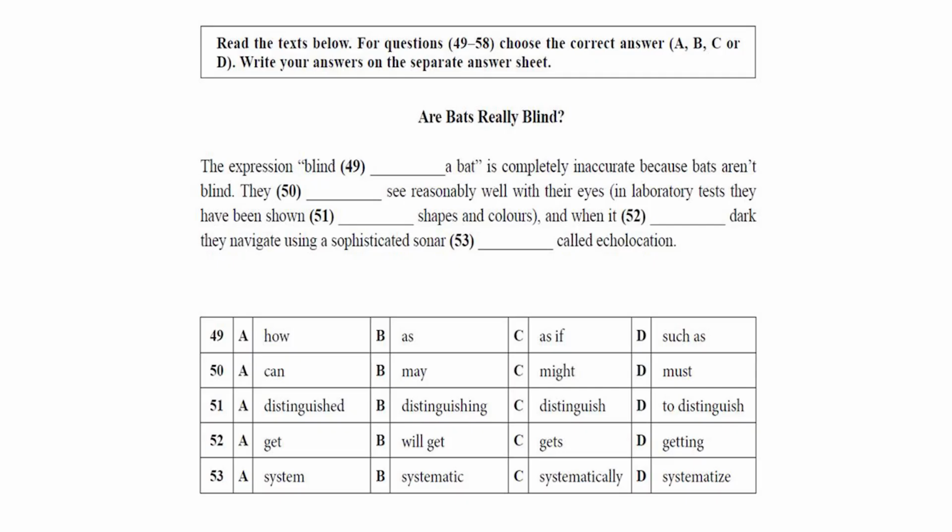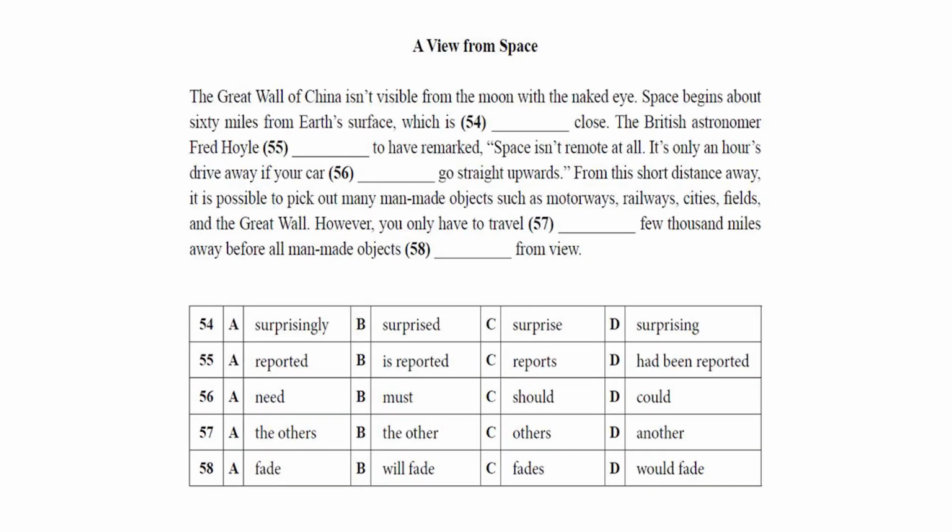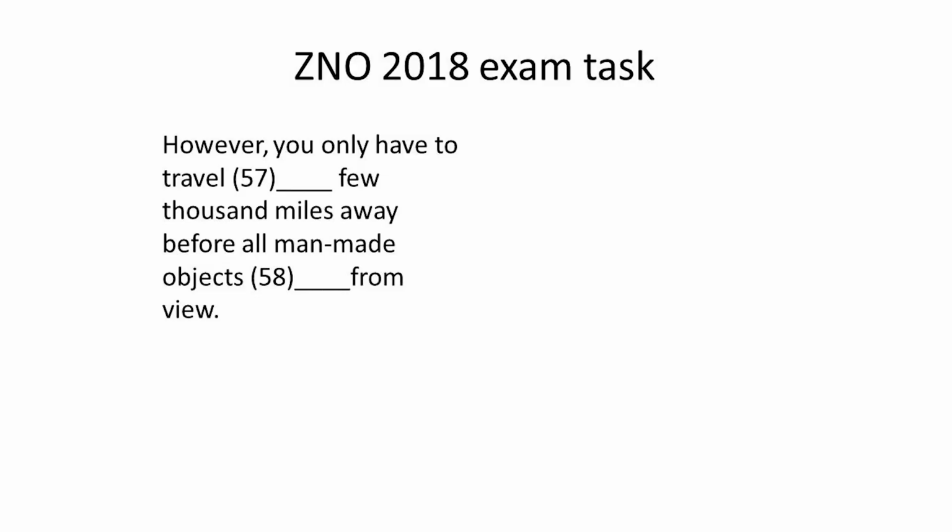Let's start with the grammatical. There are actually two short gapped texts there, questions from 49 to 58. These two, for example, are taken from a real exam from 2018, and I want now to take only one sentence, a gap sentence with two gaps, and try to fill the gaps using the strategies. You don't have options at the moment, you can't see them, because we don't need them for the first step.